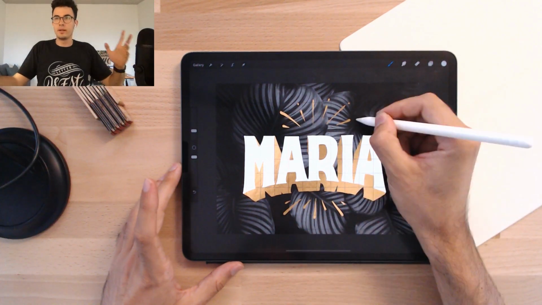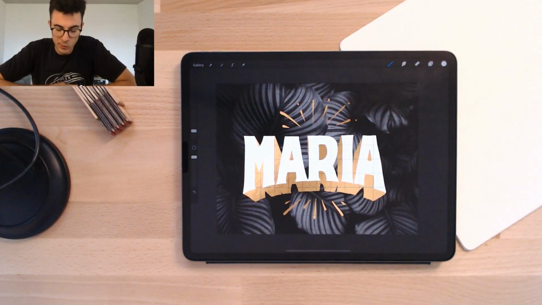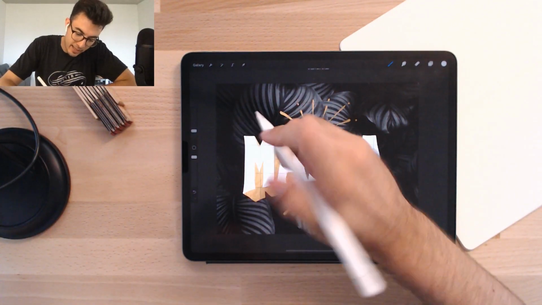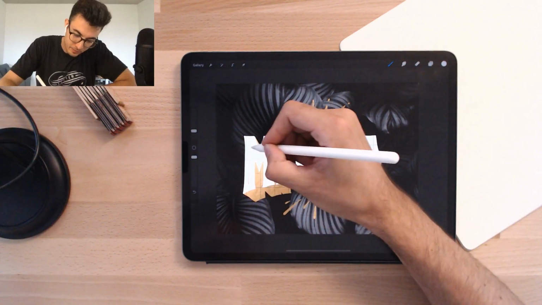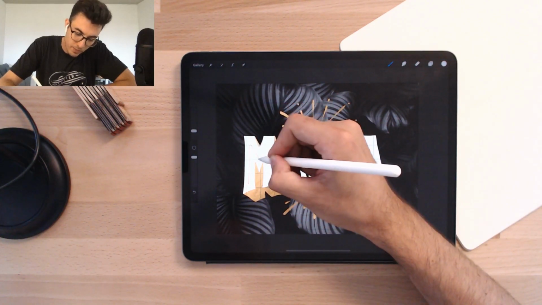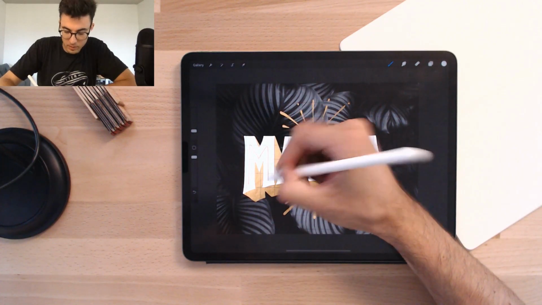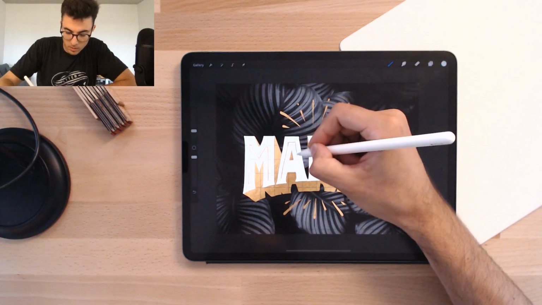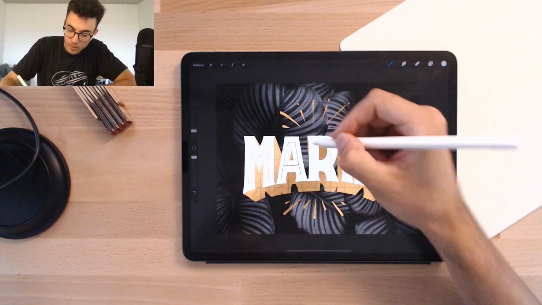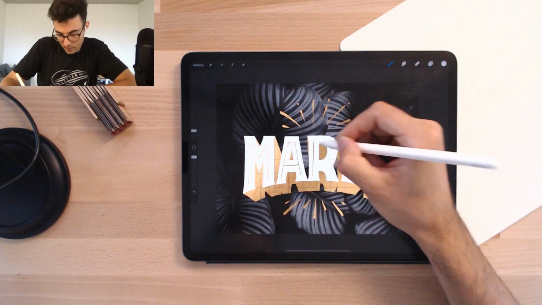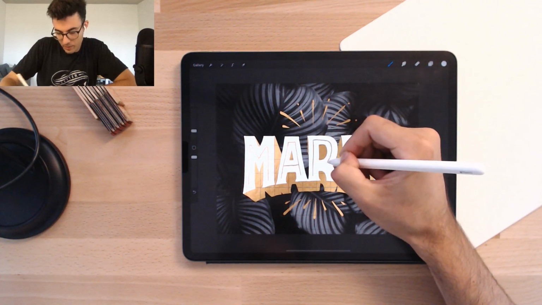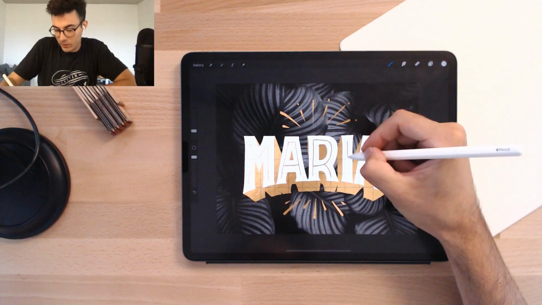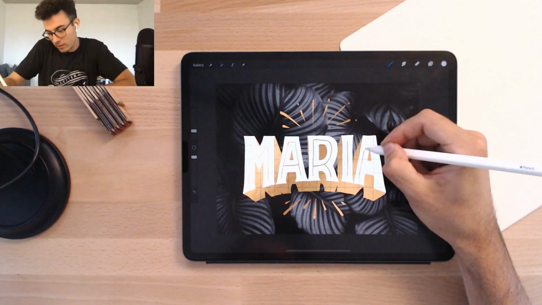Boom, here we go. That looks pretty cool. I'm really happy with this. I can also add some design inside the letters, like an inline here. That kind of looks cool too. Again, there are thousands of ways you can play with this. You can also add shadows to the letters